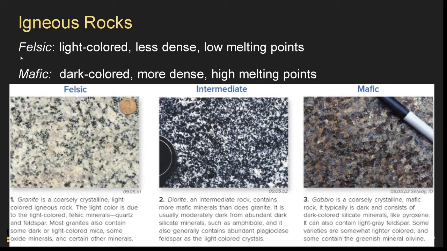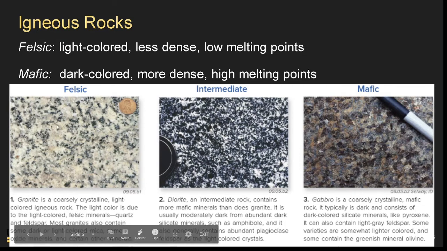Now if we think about what the dominant chemicals, molecules, atoms would be in those rocks. That also is a good way to differentiate them because felsic igneous rocks are often more light colored, they are less heavy, less dense, and they have lower melting points. And the word felsic actually comes from feldspar or silica that predominantly make up felsic materials, felsic rocks,